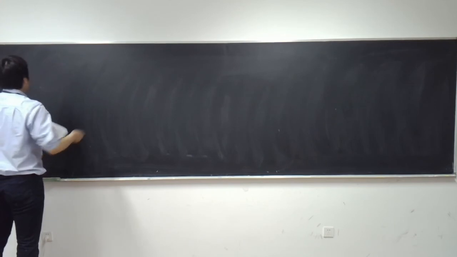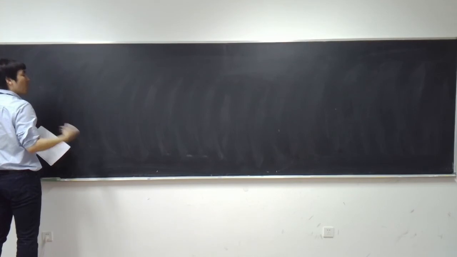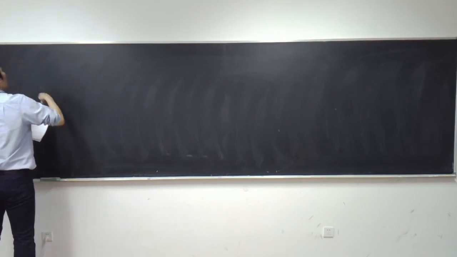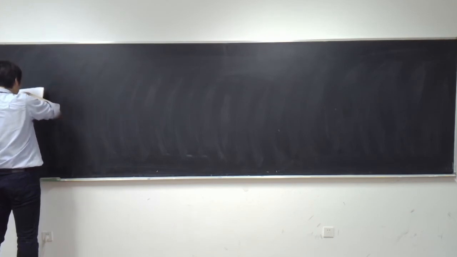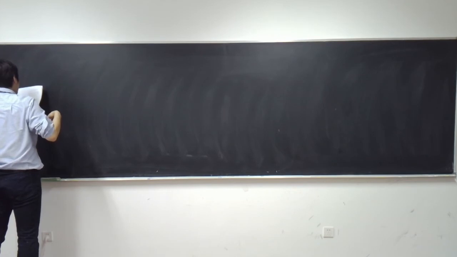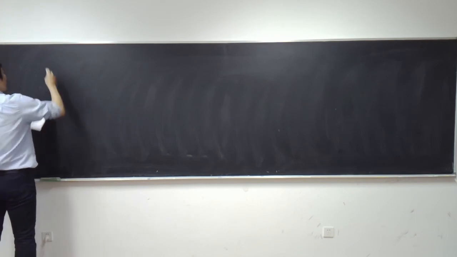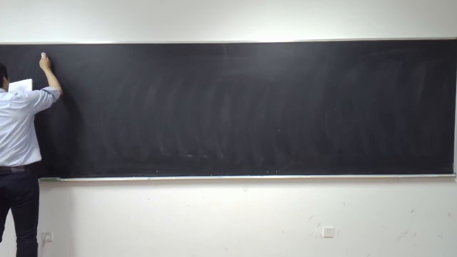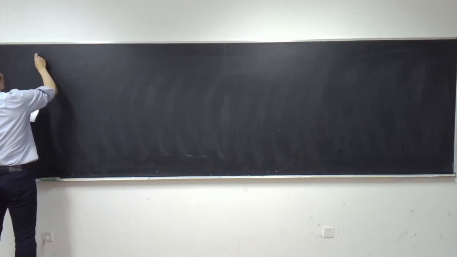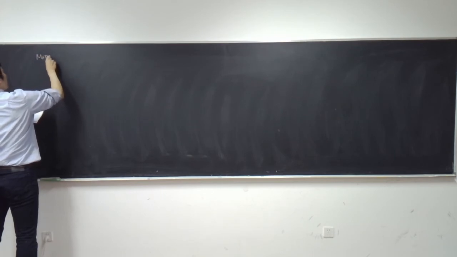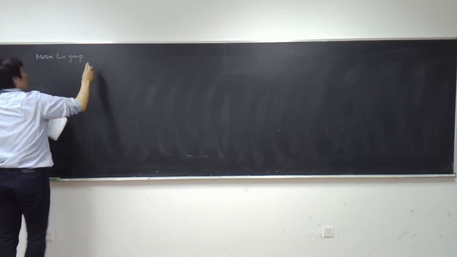So to this end, in this course, I'm not going to explain the complete, precise definition, but what I'm going to explain is as follows. I'm going to only talk about the application to quantum field theory. So now, matrix Lie groups. I'm going to talk about matrix Lie groups, which is a